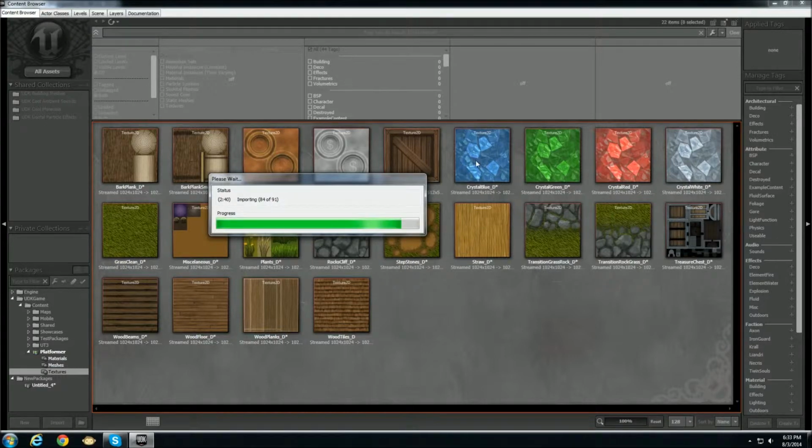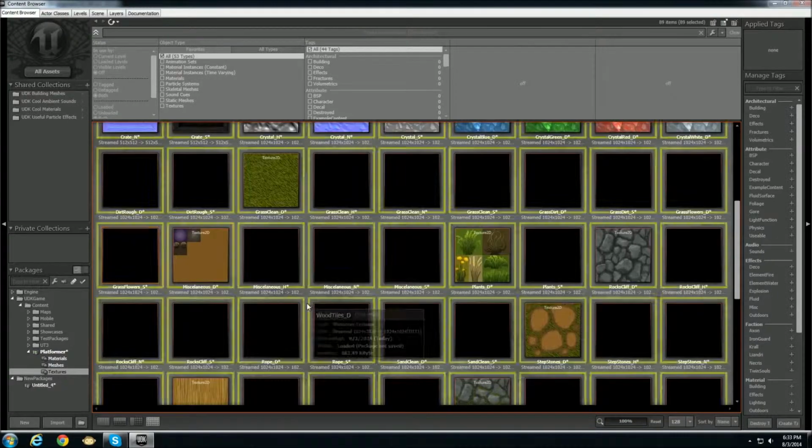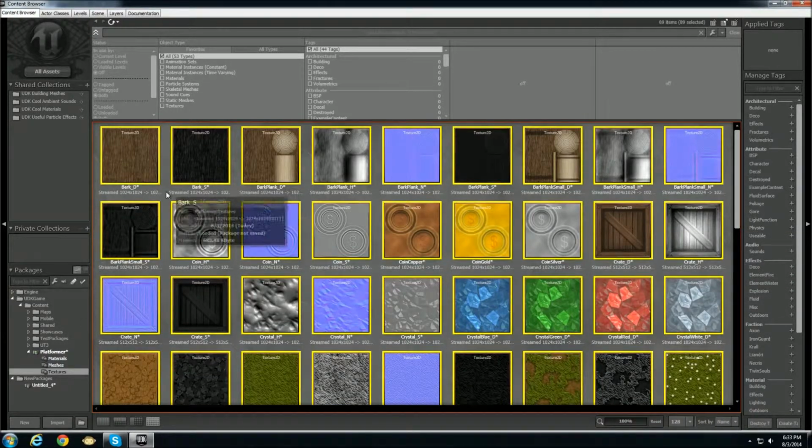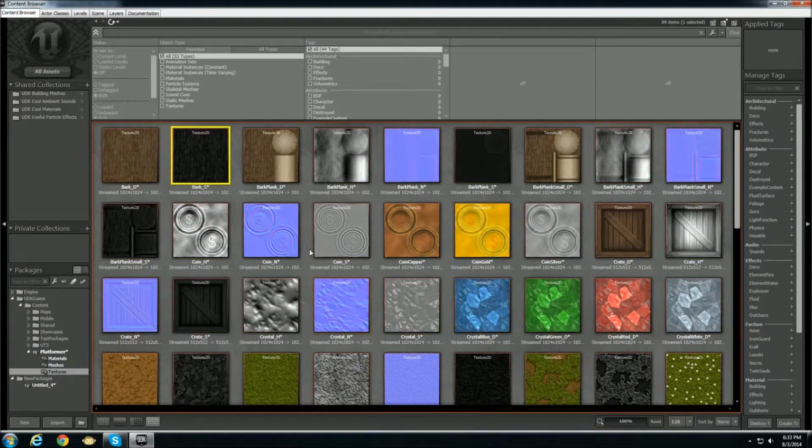Okay, I'm back. It's about to finish up. That didn't take too long. It took close to 3 minutes to do. And you'll notice that once it's done, we'll have all of our different texture maps that we could need in here. Okay, so we've got all of the diffuse, specular,